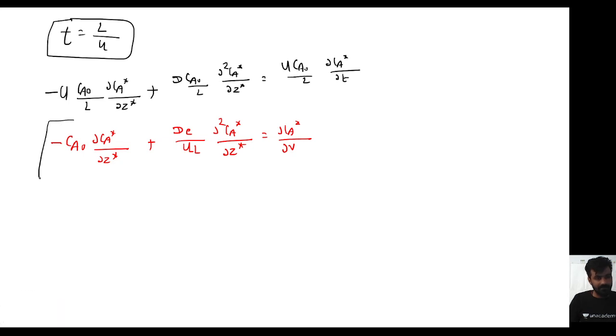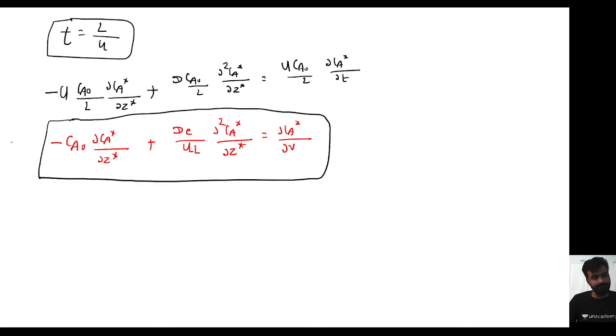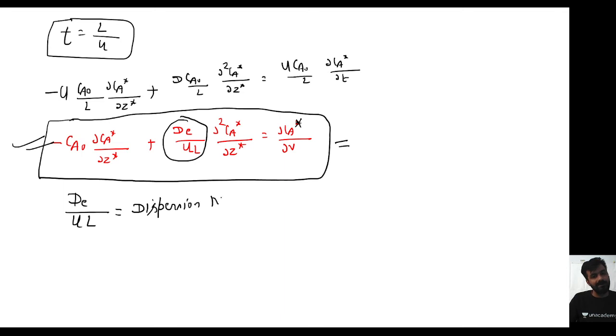Finally, you will be getting this particular term in terms of dimensionless parameters. So my dear student, you can see there is a term over here, dE upon UL. The term dE upon UL is called the dispersion number, a very important number. That's why we have put it in the form of a dimensionless parameter, and that is equal to